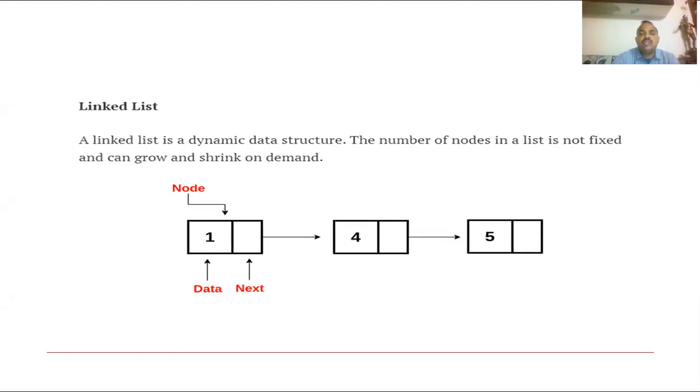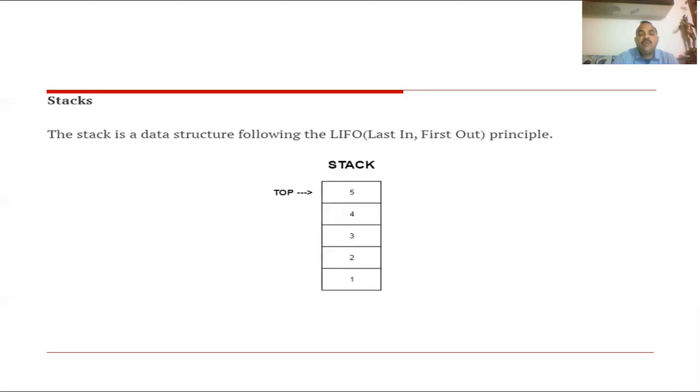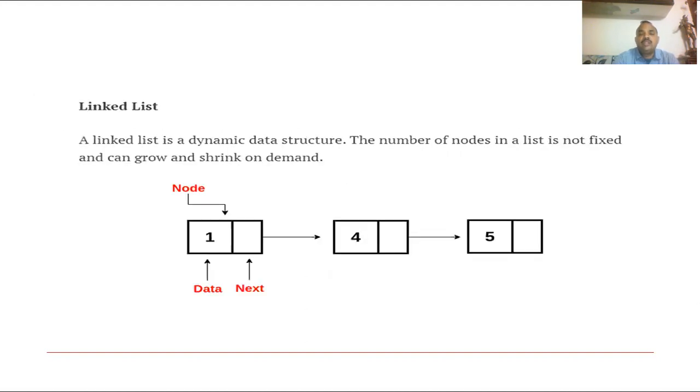A linked list is also a linear data structure. This is a dynamic data structure. Why? Whereas in stacks and queues, there is wastage of memory. Why? Because the size is predefined: we declare and assign the size at program writing time. Whereas in a linked list, there is no wastage of memory. That is an advantage of the linked list over stack and queue. Clear?